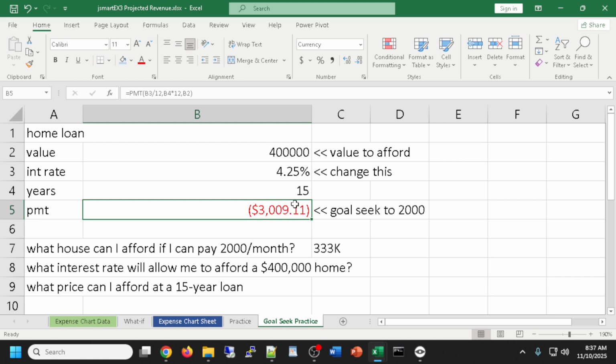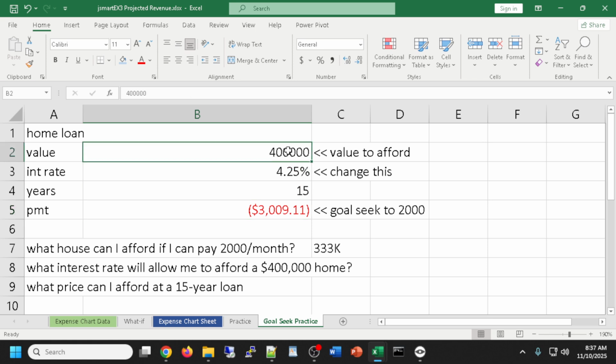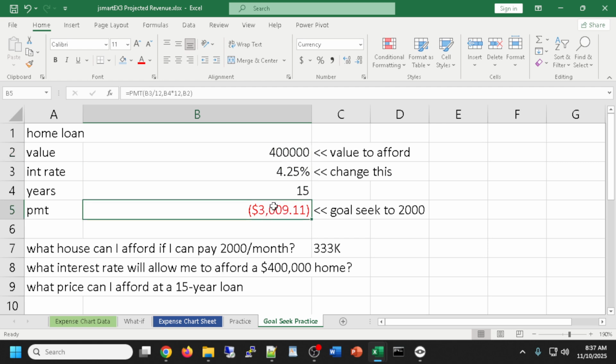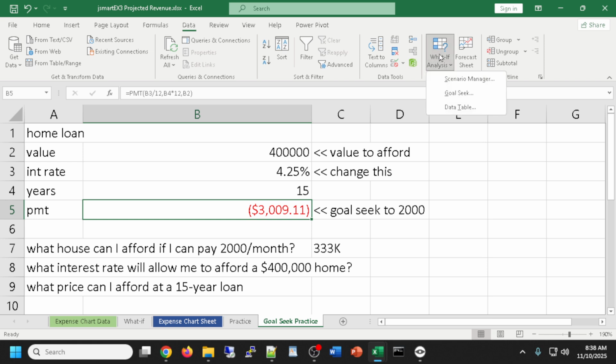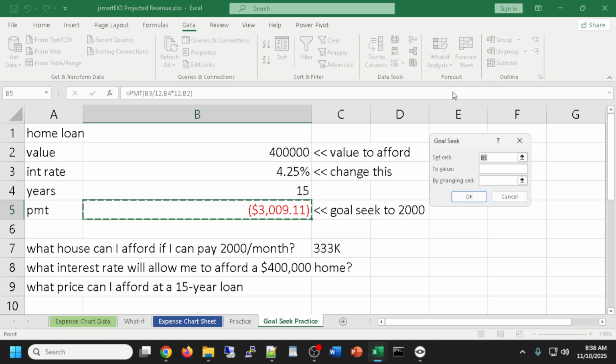And I have to decide, what am I going to change? Well, I'm trying to find out what I can afford. That's what I have to change in order to meet my affordability. So let's do the goal seek on that again. What can I afford? Goal seek to what I know in my budget, $2,000. Data, what if, goal seek. Set the cell to what? Negative 2,000, that's my payment. By changing cell,